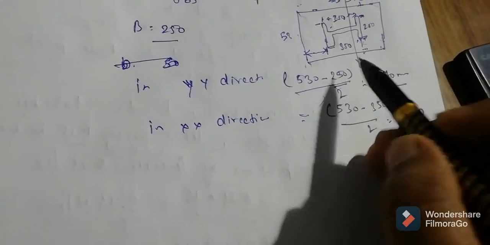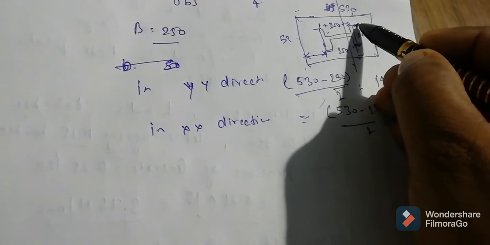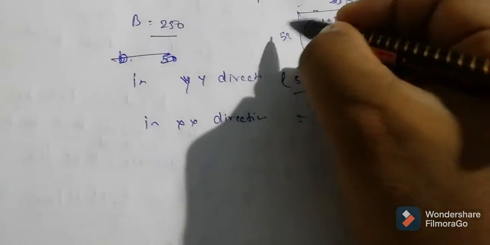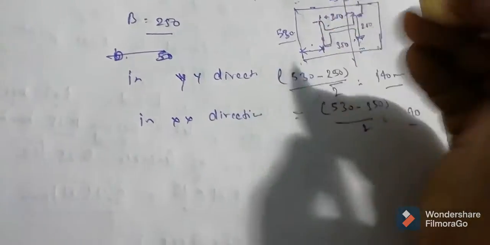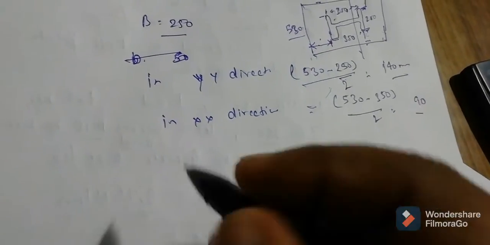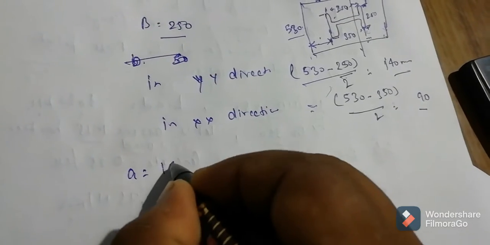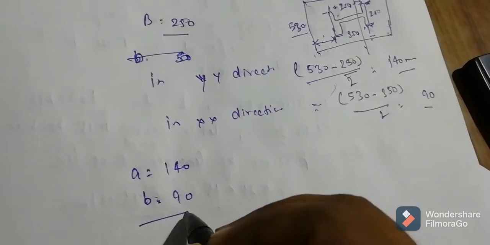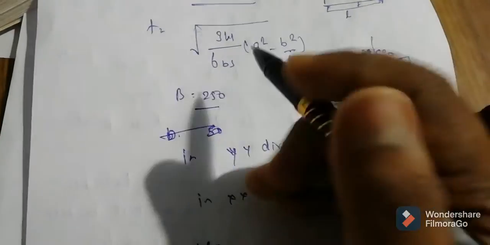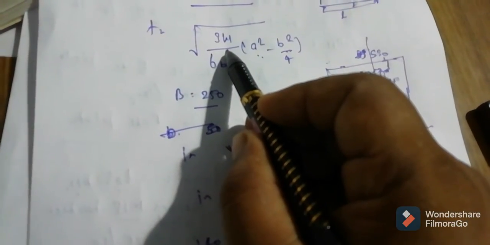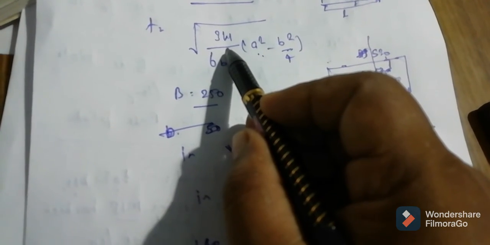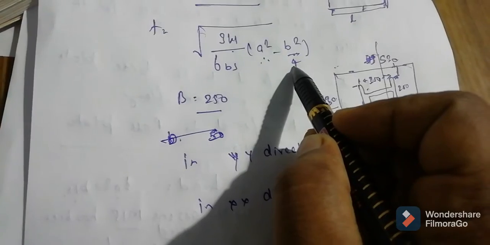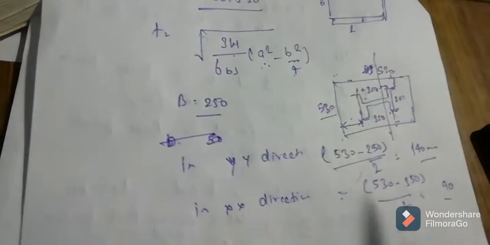Okay, so we have calculated the length in y direction and in x direction. This is your 530. Whichever of these is greater is called a, so a equal to 140, and whichever is lesser is called b, that is 90. So in this formula we have got W, W equal to 1030, a square, and b square upon 4. Okay, so now here,